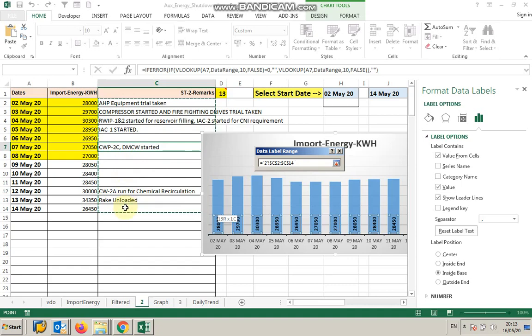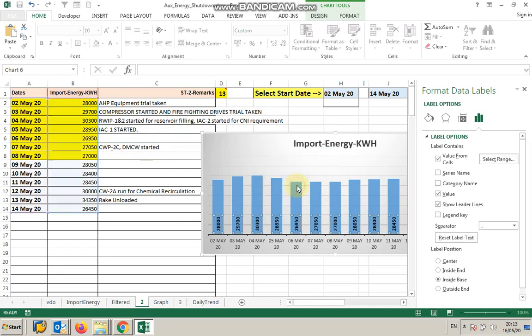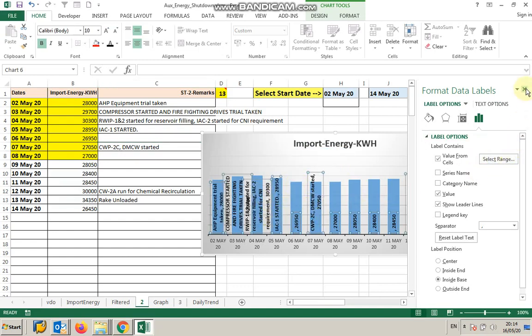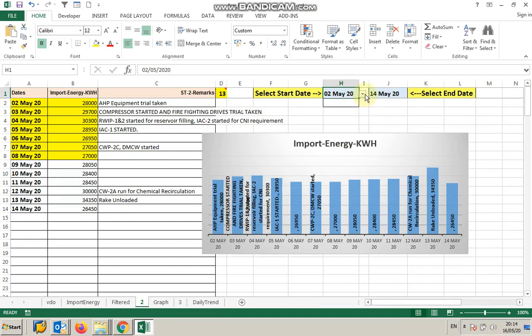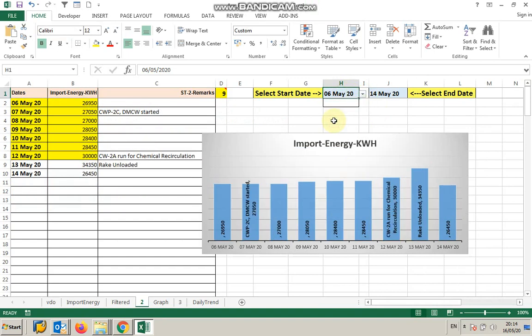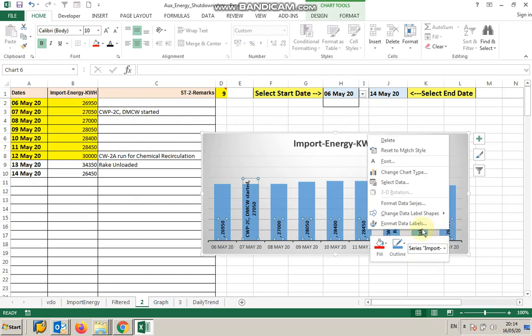So if I click Value From Cells, first let me pick this one. Now I am replacing this fixed data range with the Name Manager name. Now make it OK. You see the remarks are there along with the value. Where the remarks are not there, only the value is shown.